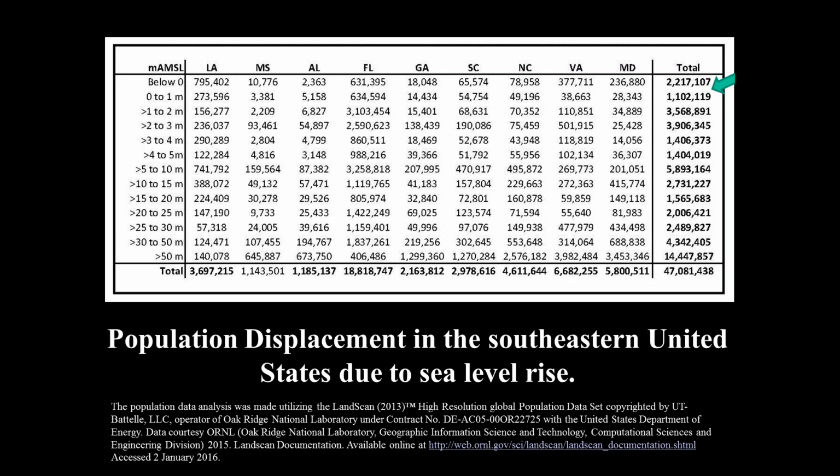Finally, the numbers of people impacted can also be calculated. Population data are derived from 2013 estimates produced as part of the ongoing LandScan initiative undertaken by the Oak Ridge National Laboratory. Over 3 million people in the Southeast currently live in areas at or below 1 meter above mean sea level, and hence are likely to be displaced in the next century, given current projections for sea level rise. The displacement of millions of people due to rising seas will cause additional impacts on historic resources where these populations resettle.